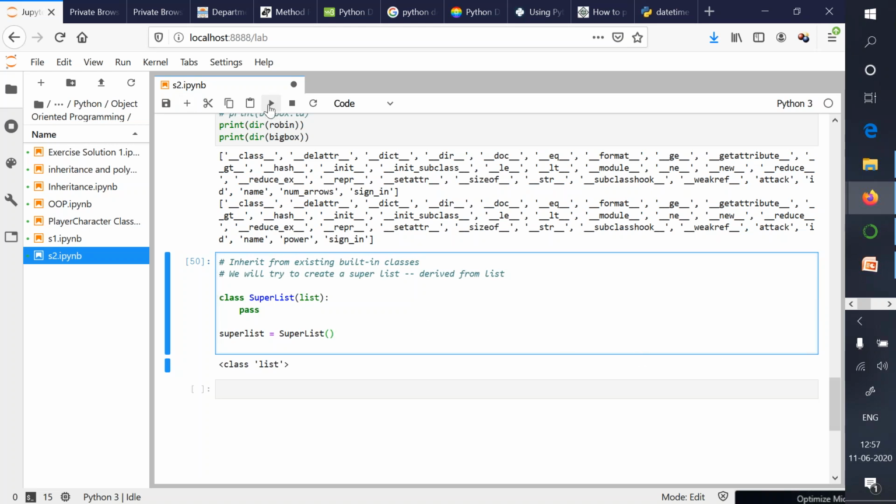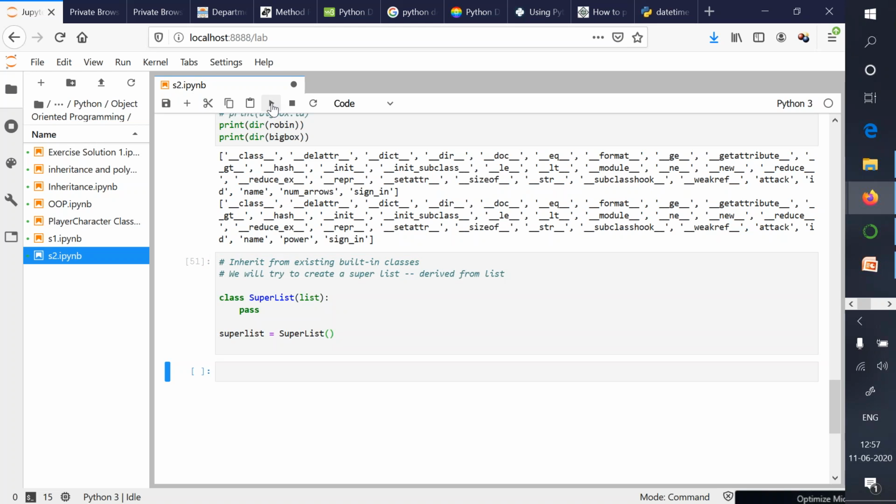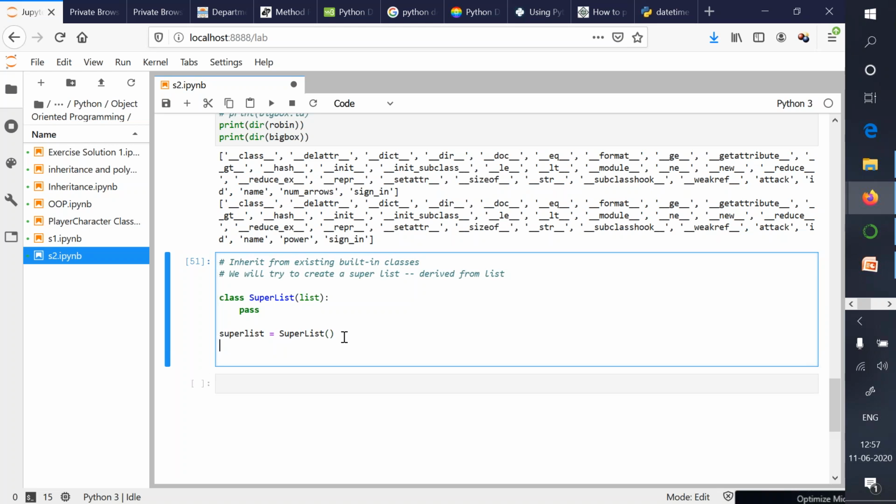Let me check whether I am able to run this program. Yes, this program is working very fine, and we have got the existing functionality of the list class in our super list class. So if I now execute a statement like this, print length of super list.